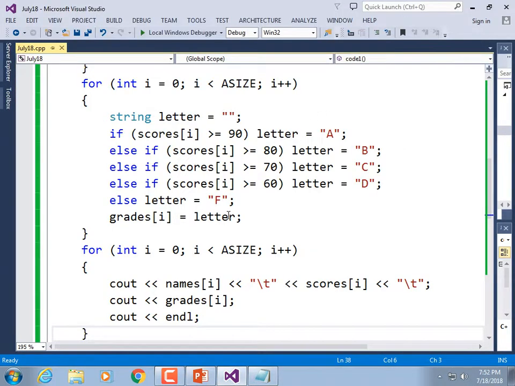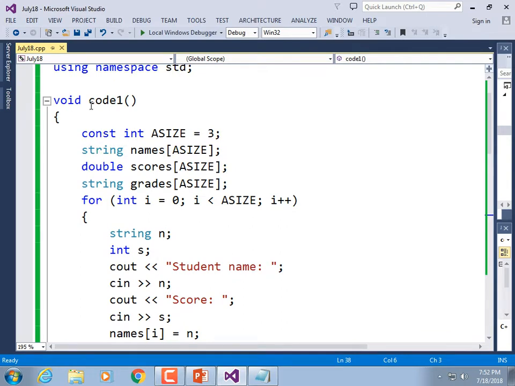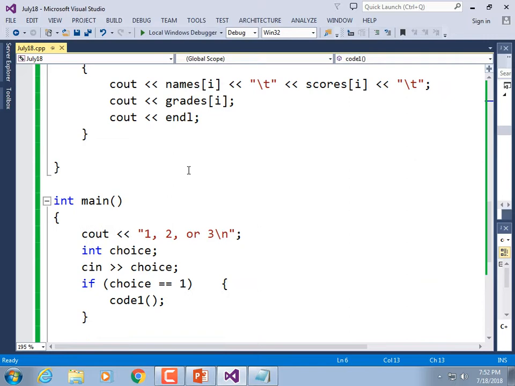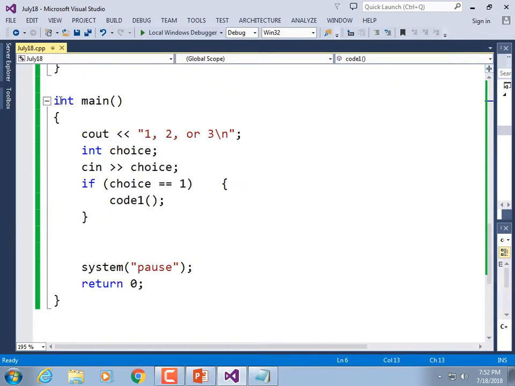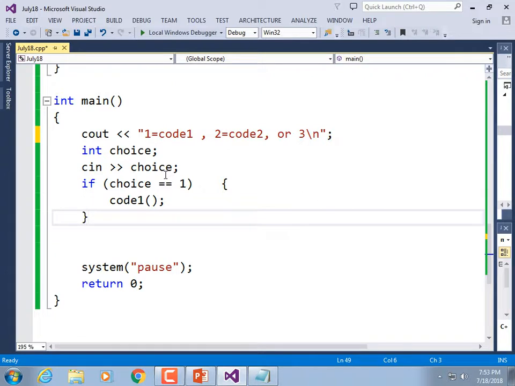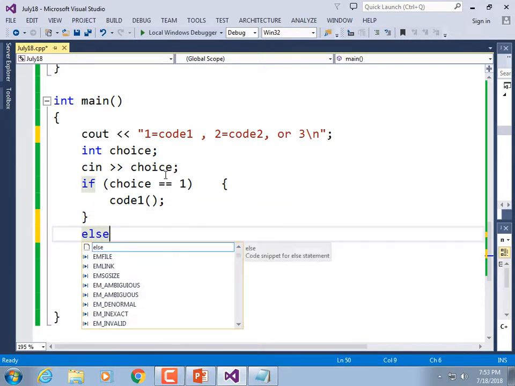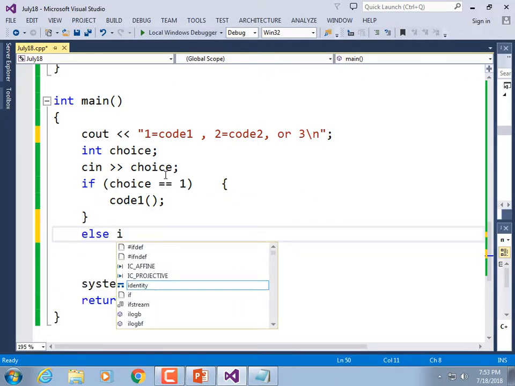Let's give an example of that. We're going to create a code 2 block now. The first thing we need to do is go down here, where we're in main and it says choice 1, 2, or 3. Why don't we modify our cout to indicate what each block does? 1 is equal to code 1. 2 is equal to code 2. All right. We haven't implemented 3 yet, so I'm not going to fill in anything for that, although it's pretty obvious where it's going to go. And then underneath our if, else if, parentheses,